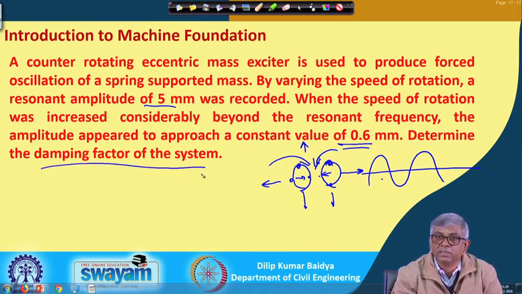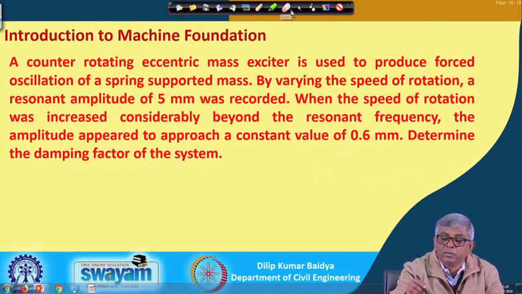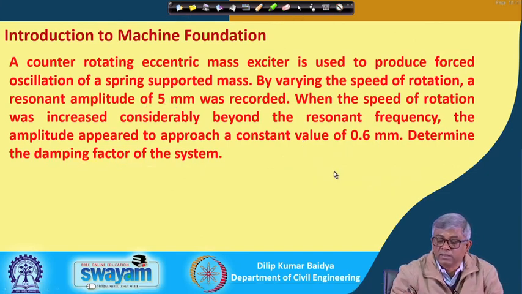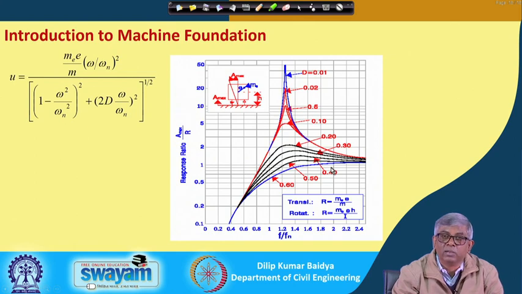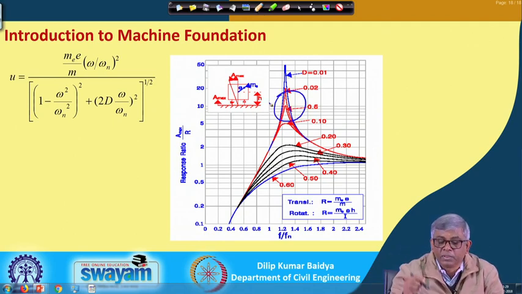So, this is interesting. Whatever observation I have mentioned there, I will show once again and then explain. You can see here the rotating mass system. This is the expression. The expression is what? The resonant amplitude, damping is unknown.